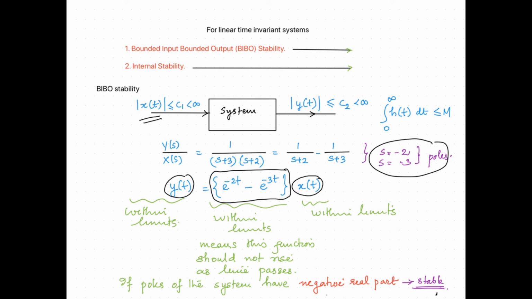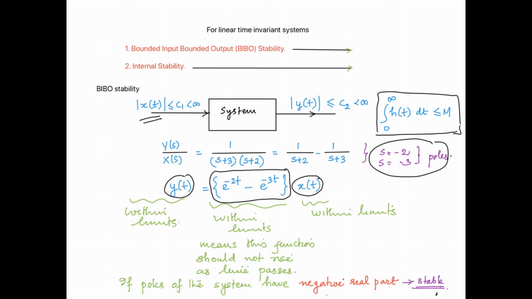It can be looked at in another way. We have seen that impulse response and transfer function are the same. So if the transfer function is such that the response decays, the impulse response also will be a decaying function. So we can also write that if the system is bounded input, bounded output stable, then its impulse response h of t will be absolutely integrable. That is, integral 0 to infinity of modulus h of t dt will be less than or equal to a finite value.